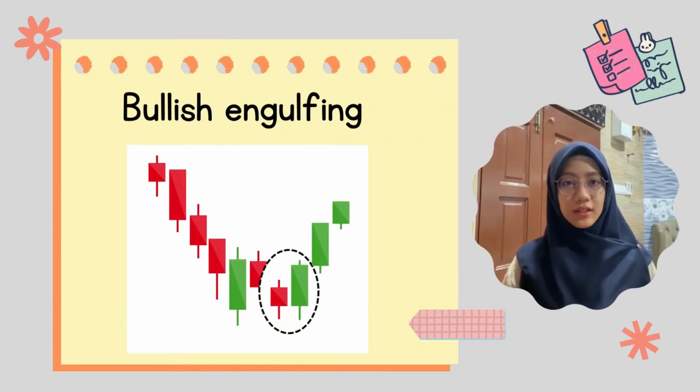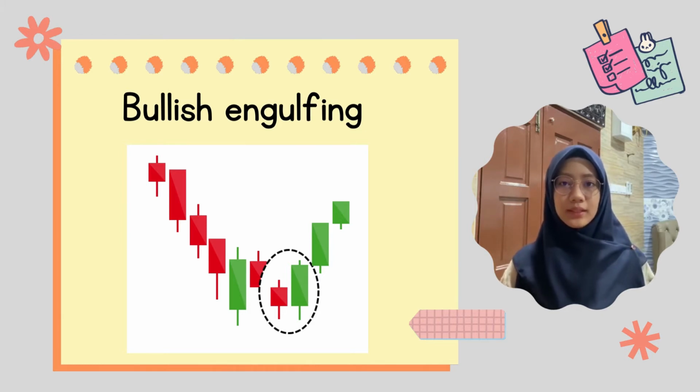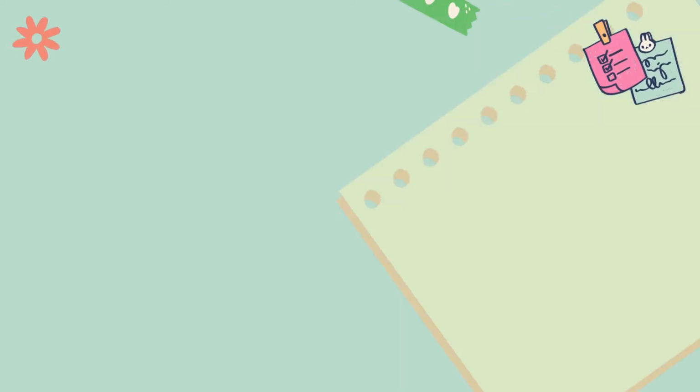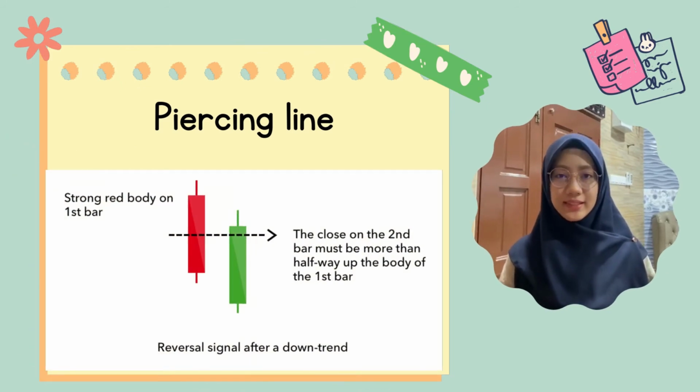The bullish engulfing pattern is formed of 2 candlesticks. The first candle is a short red body that is completely engulfed by a larger green candle. Though the second day begins lower than the first, the bullish market drives the price higher, resulting in a clear win for buyers. The piercing line is also a 2-stick pattern, made up of a long red candle, followed by